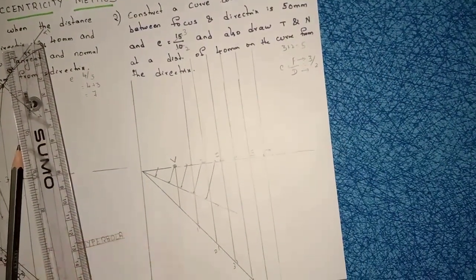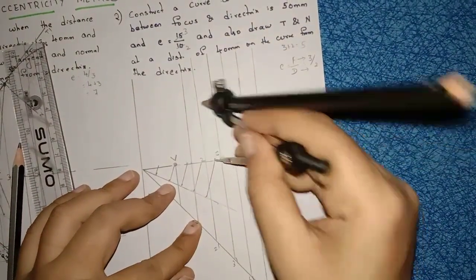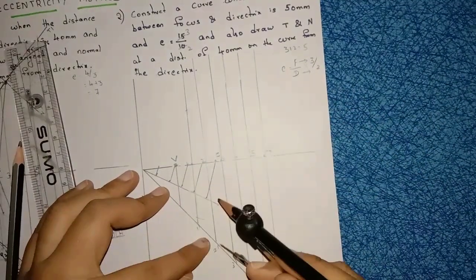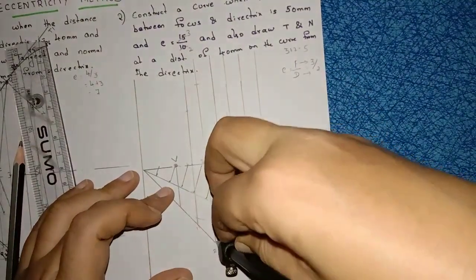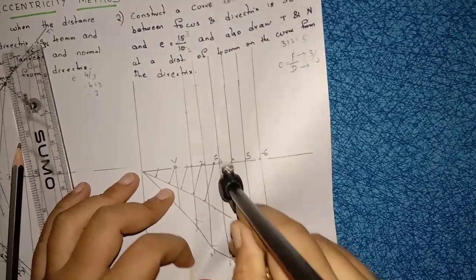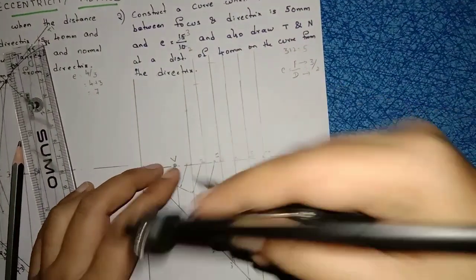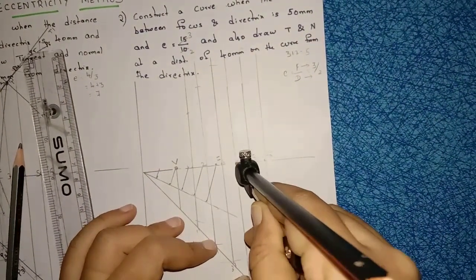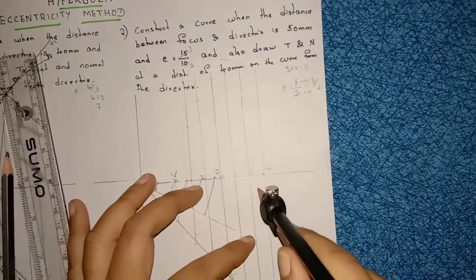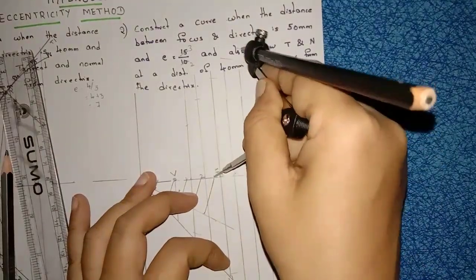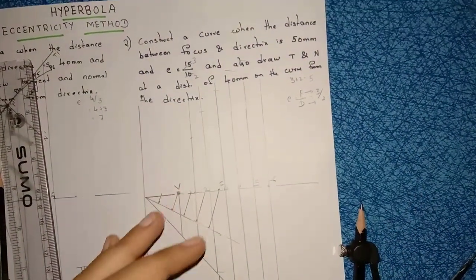So after that, how to construct the arcs? 1 dash as radius, F as center, draw the arc above and below. Then next 2 dash as radius, F as center, draw the arc above and below. Then next 3 dash as radius, F as center, draw the arc above and below. Then next 4 dash as radius, F as center, draw the arc above and below, right? Similarly 5 dash as radius, F as center, draw the arc above and below, right? So if you join all this,